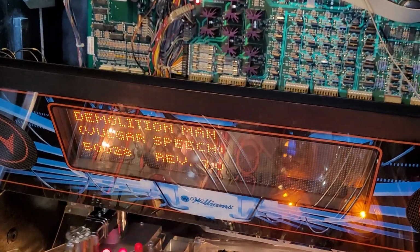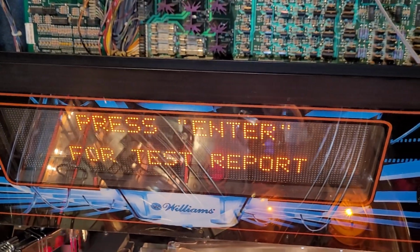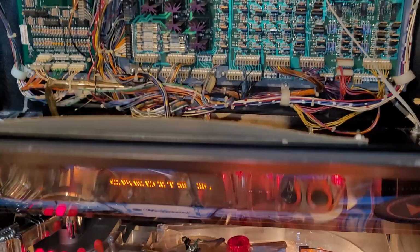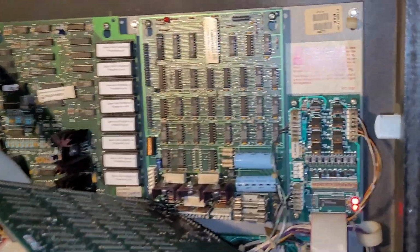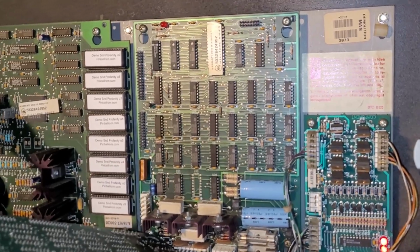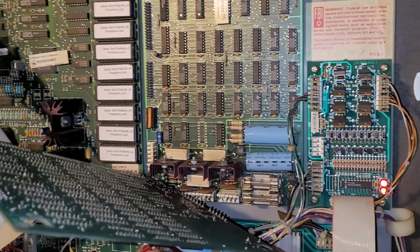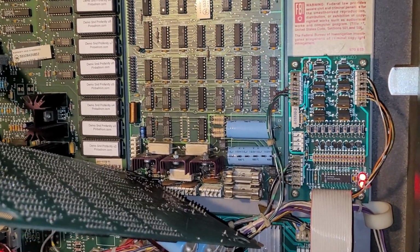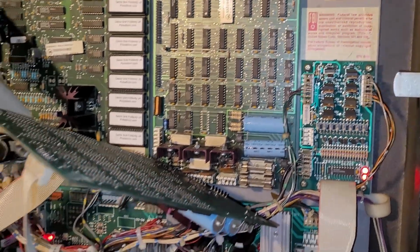What do you know? So, unfortunately, it is the board that I got back from Brent. Seems to have died between the time he repaired it and the time I got it and installed it. So, I may have to send this back, or if I do end up going color display, then I think...